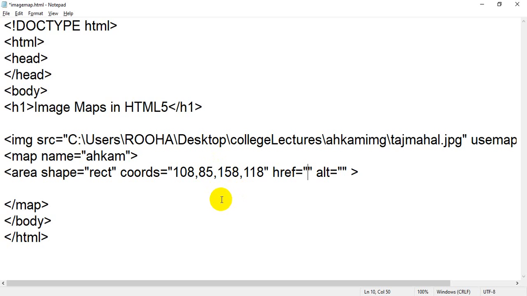On that particular position, when your cursor moves, which page do you want to open, because you are going to create a hyperlink. Hyperlink means a navigation, a link. So when you move your cursor towards this location, you will open a certain page, a certain URL. Inside that I have to write the name or address of the page which I want to open.